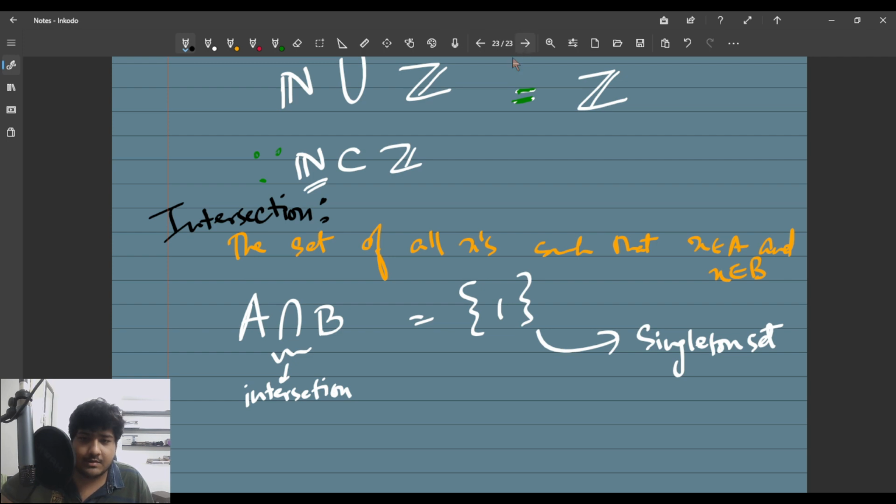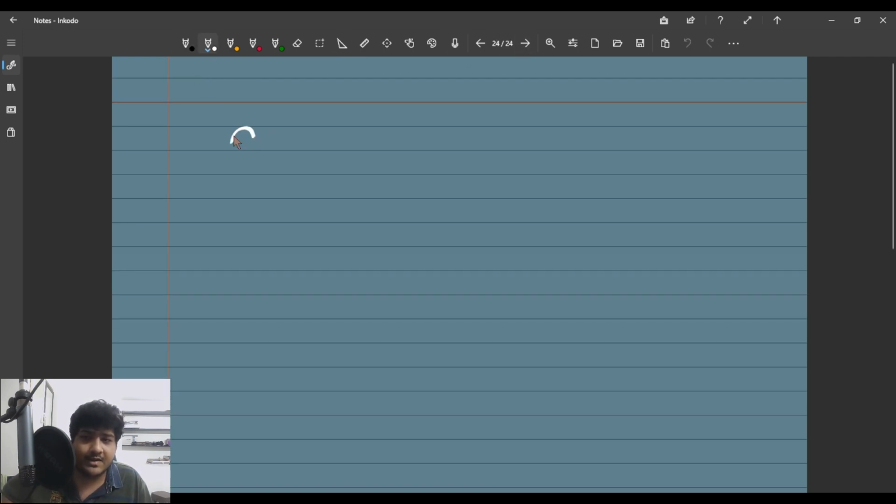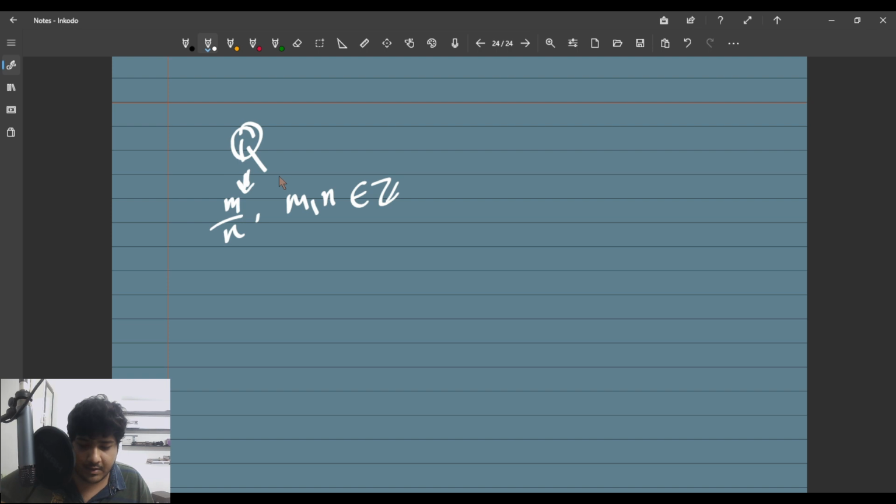I'll show that example now. Say I have a set of all rational numbers. Remember, rational numbers, or Q, are quotients or ratios of numbers. That is, all the numbers of the form m by n. All fractions, or all numbers that can be represented as fractions, come under rational numbers, where m and n are integers. So these are all the rational numbers, and they are denoted by Q. So numbers like 1 by 2, 2 by 3, 4 by 49, or all such numbers will come under Q. Intersection, I want to intersect this set with